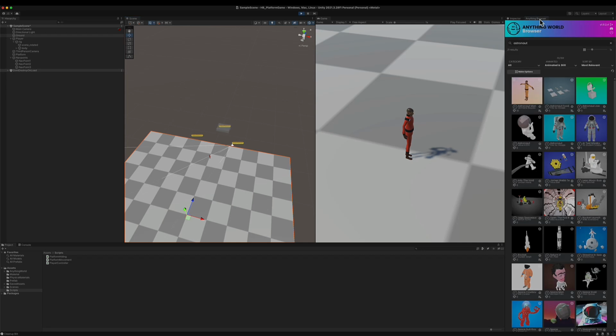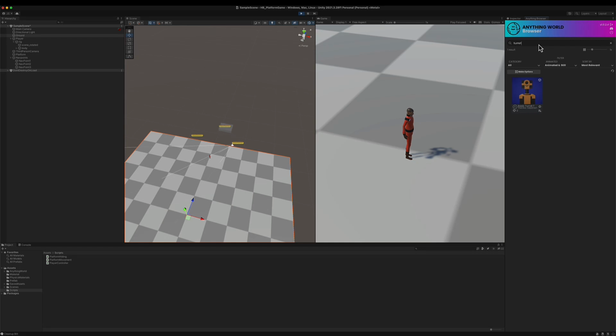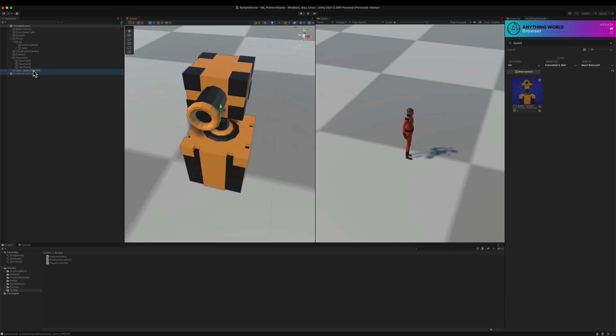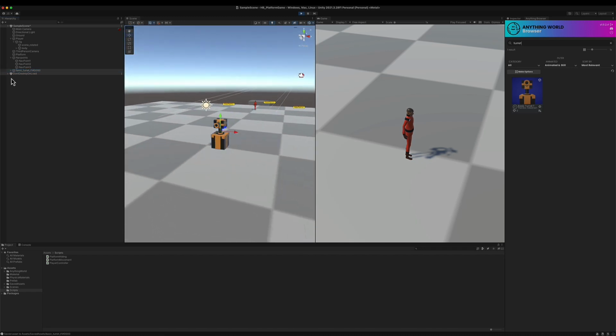I'm going to look in the browser for a turret, and there is a model here that I like very much, which is exactly this one, and I'm going to click add it to my project. Here it is, and I'll start by